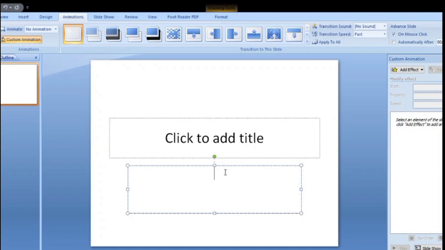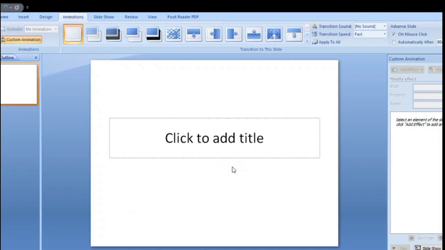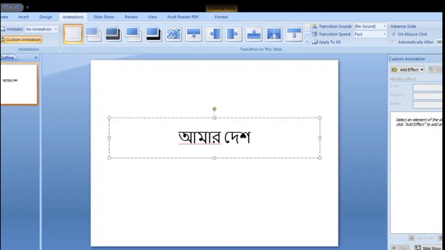From the insertion pointer, now the keyboard will be switched to Bangla for typing in Bangla, and I write Amar Desh, typed in the title. Amar Desh.